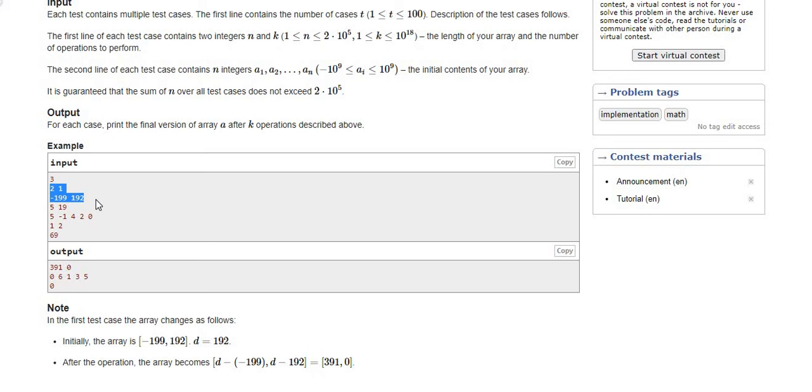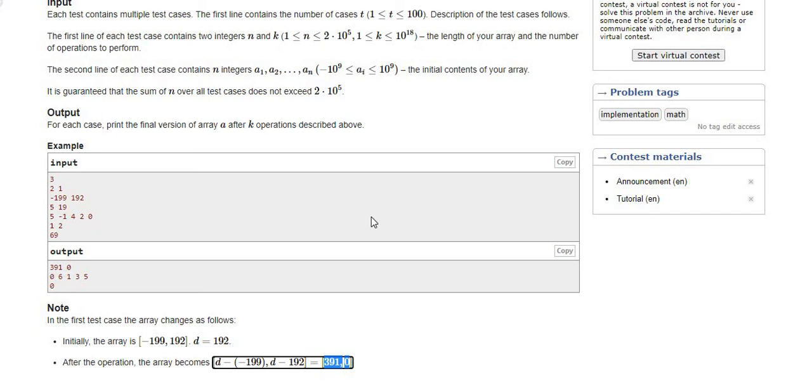First we find d, the maximum value from this array, that is 192. If we subtract minus 199 from 192, it becomes 391, and if we subtract 192 from 192, it turns into 0. So the output should be 391 0.